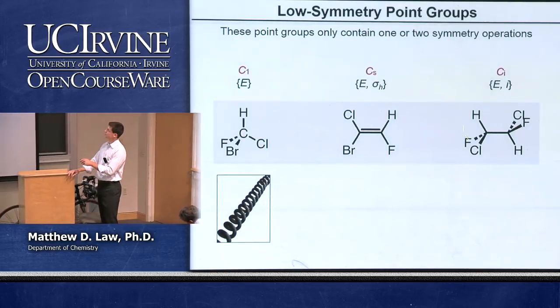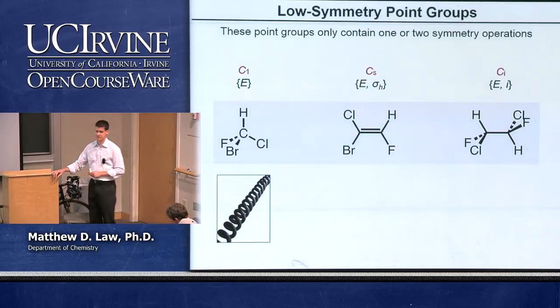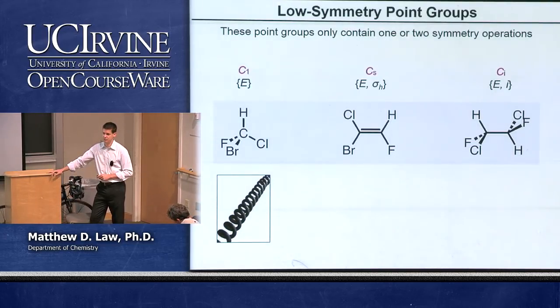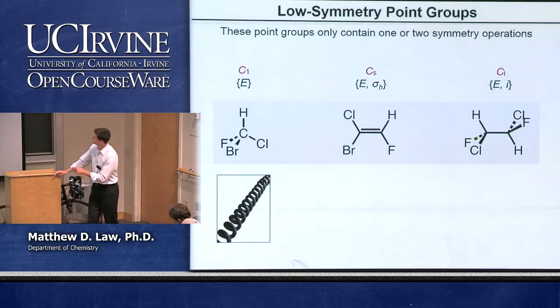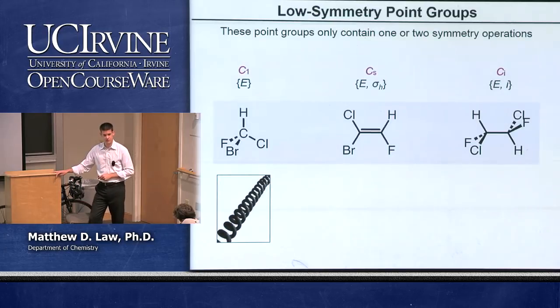Here's an example of a molecule that just has an inversion center in addition to the trivial identity operation. So you can see if we invert here, the hydrogens exchange, the chlorines exchange, the fluorines exchange, and the carbons exchange. Game over. Right? But there's nothing else. There's no C3 axis here because if you did a C3, the hydrogen would then occupy the fluorine position, and that's not okay. There's no C2 perpendicular. Okay? There's nothing else.